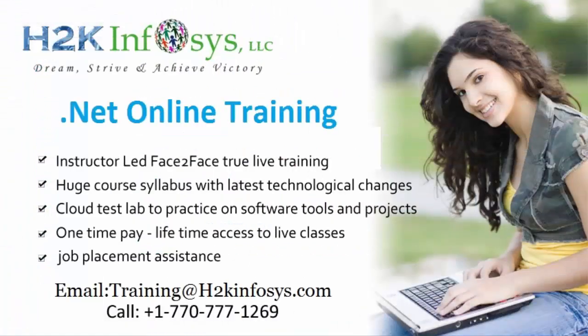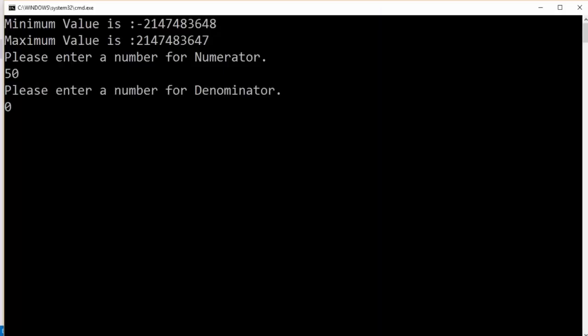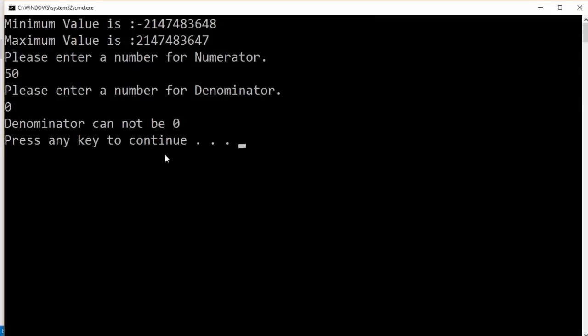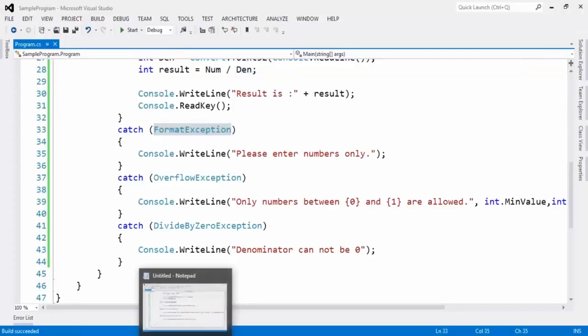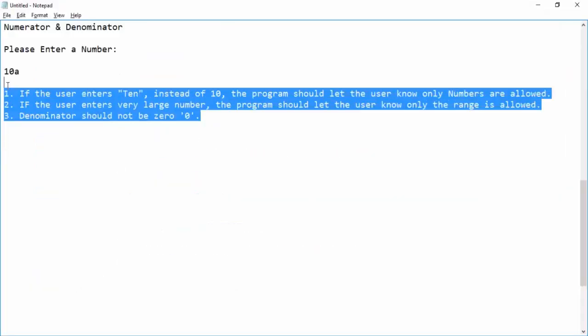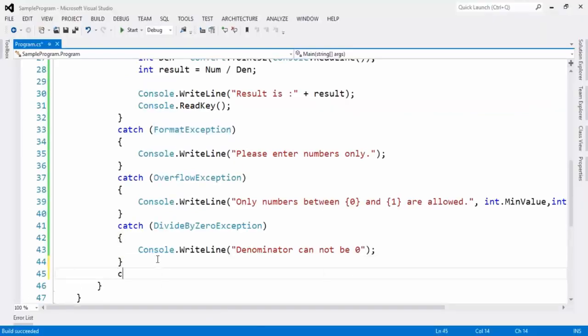Now let us see that. A number is there, and if I press 0, it is showing that denominator cannot be 0. Understand? We are following all the conditions that the client had put for us. And sometimes you cannot expect, maybe you can get other exceptions also.